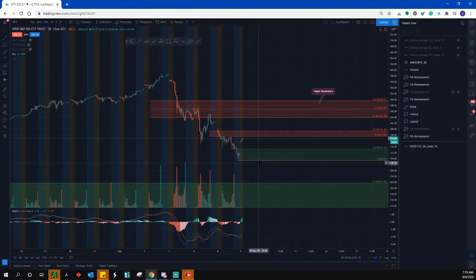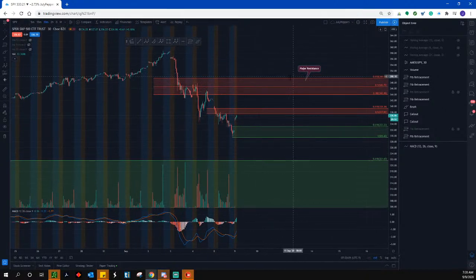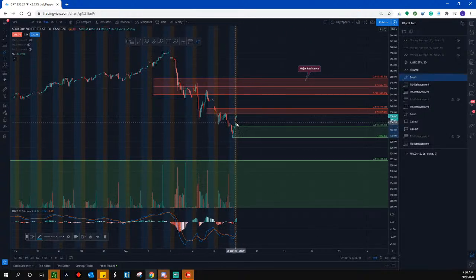All right, so big takeaway: this has to hold. If it breaks and we go lower, we're still bearish. But this here is major resistance. So scenario 1, I could see us coming up, bouncing, support, go up, and that'll confirm that we're bullish. But what I can also see happening potentially is